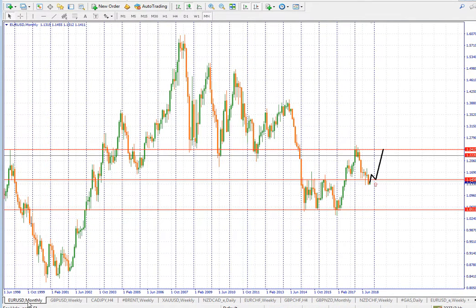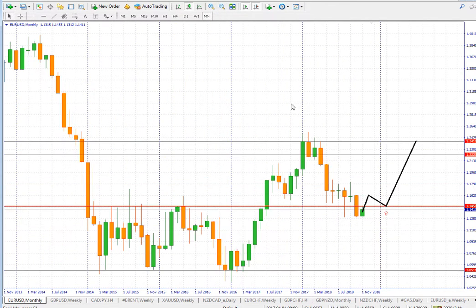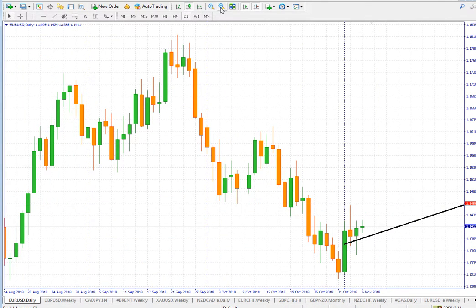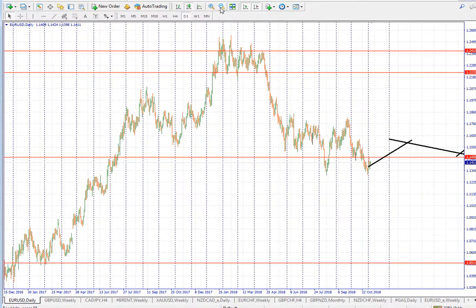This is Euro/USD. You can remember yesterday we said that on the monthly basis, should the price break above 1.1558, then that will be the best place you are going to buy from. But then as it is at the moment, you are actually looking for a sell position from 1.1458. So because we want to look at the daily chart, we start from the daily point of view, then we draw our lines clearly,